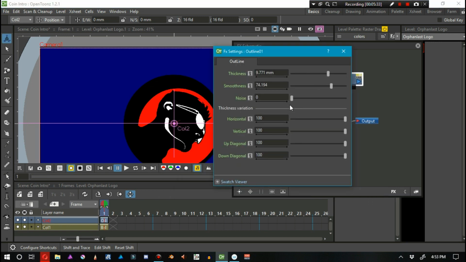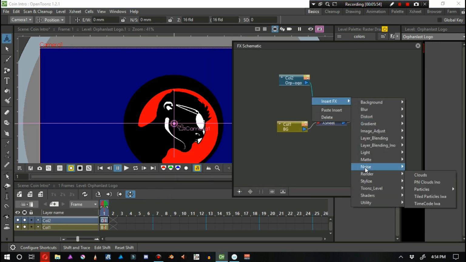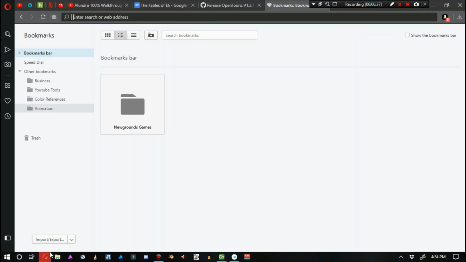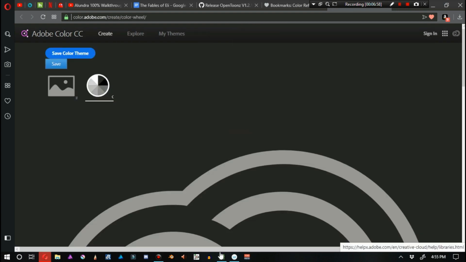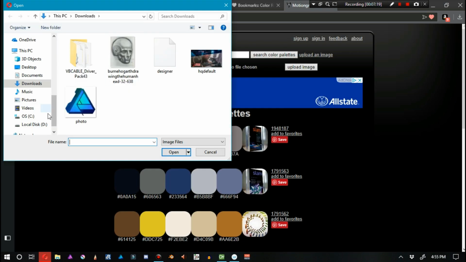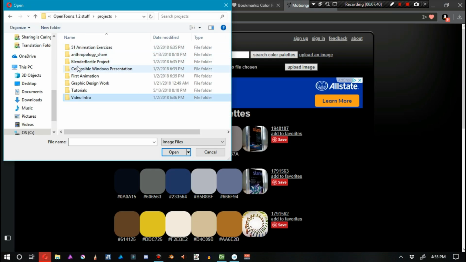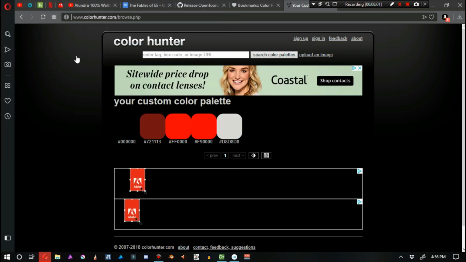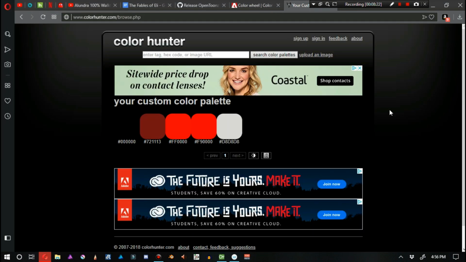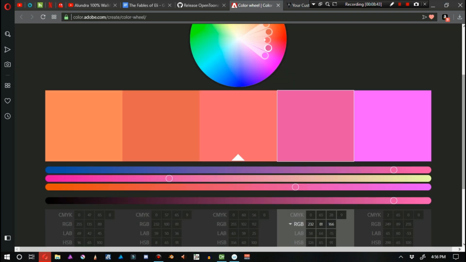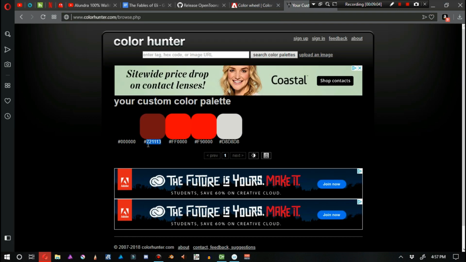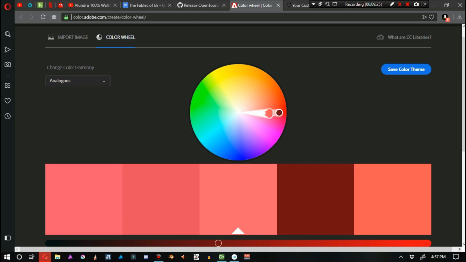I loved the vector tools in OpenToonz, but what I hated was the fact that I couldn't export as an SVG or as any type of vector file in general. And then what I did is I rendered that logo off of that previous project in OpenToonz as a PNG, and then created a new project and got that PNG into the new project.